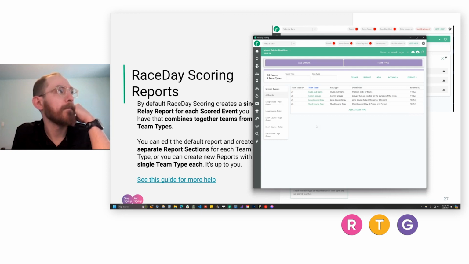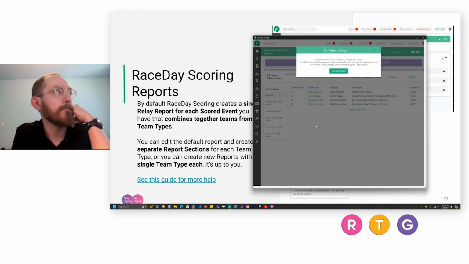So he's been going through these different gender categories. So you might have female being scored separate from co-ed being separate from male, all male teams. But at the end of the day, can you just explain a little bit about what you were talking about in terms of those team types and whether or not they exist at RunSignup, and then also the questions are really about gender and how typically people handle gender with team types. Yeah, so I was going to